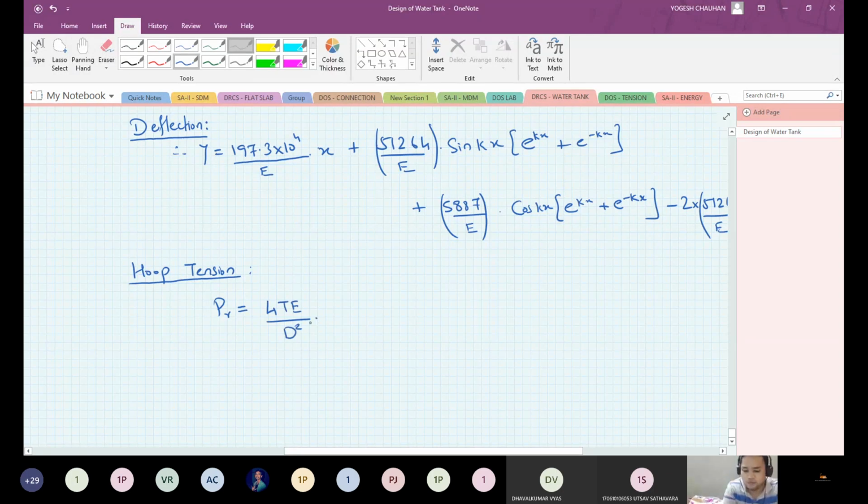Okay, so substituting all the values of the y, you will get the value of PR is equals to 9800 into x plus 2554 sine kx into e raised to the power kx